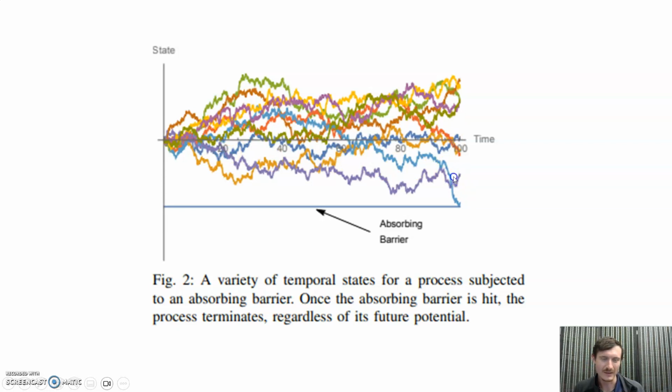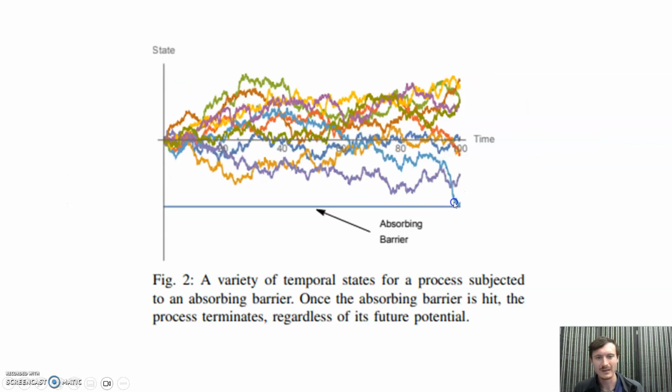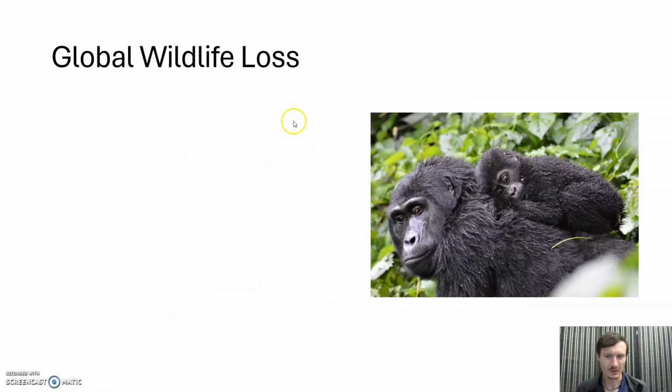We could also think about how different these lines look, despite the fact that they employ the same strategy. In fact, maybe this could even be a little bit better than a 50-50 gamble. This could even be a favorable bet, and yet, with enough time, they will still go broke. How does this relate to our concept of survivorship bias? Well, these people who hit the absorbing barrier are removed from the system. So, does everybody in the world understand this? No. Do they know how to apply it? Applying it in real life is really hard. But what would we do? We would take this person in gold and give them a promotion and say, these people are in the middle, they have some work to do, and these people are really bad, despite the fact that it was all random in the first place.